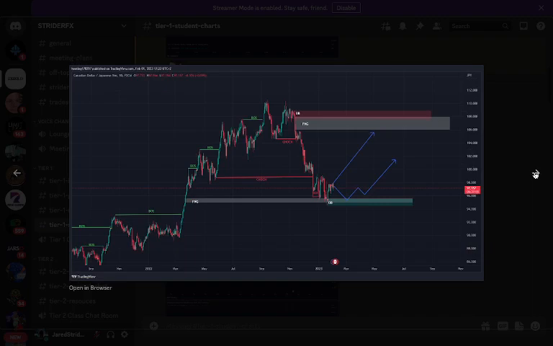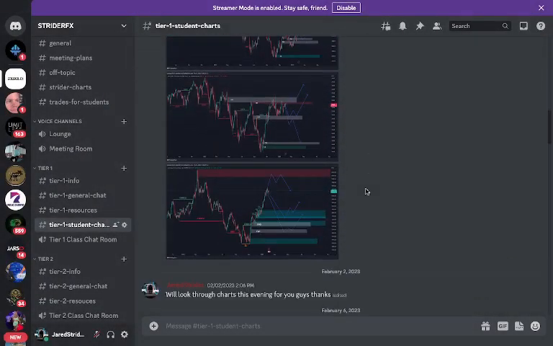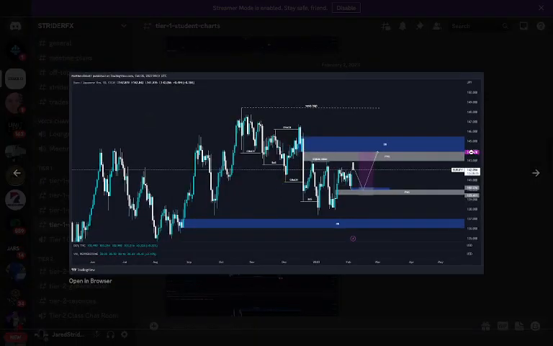Okay, CAD JPY, similar to the first chart we saw. Break of structure came from here. I'd like to see price down here before going long. Oh, that is the same chart. Mind. Going through the maths. If I could just comment,